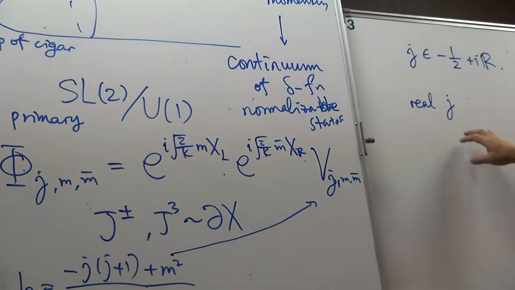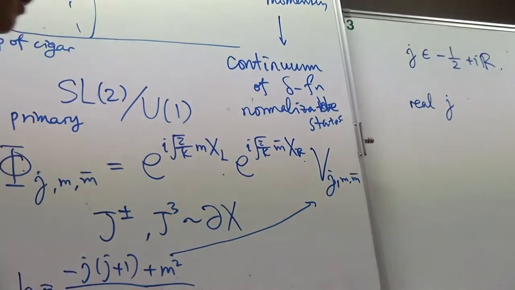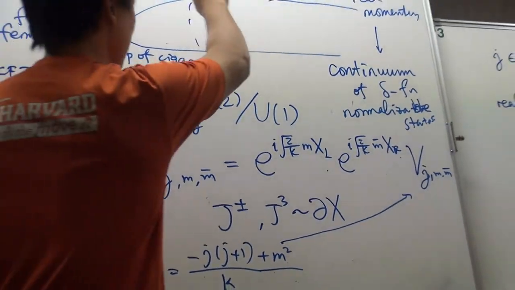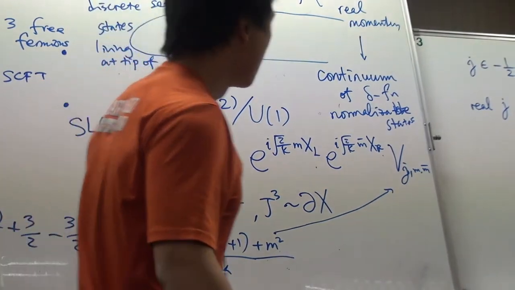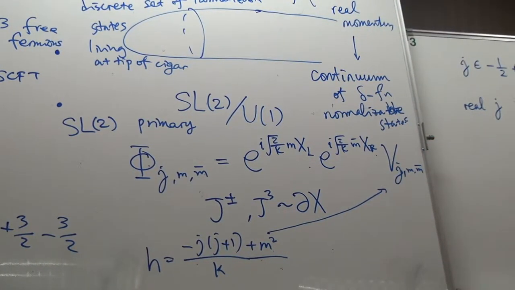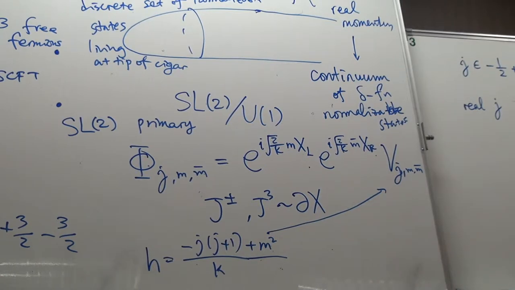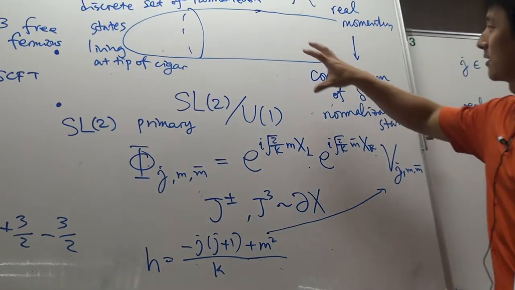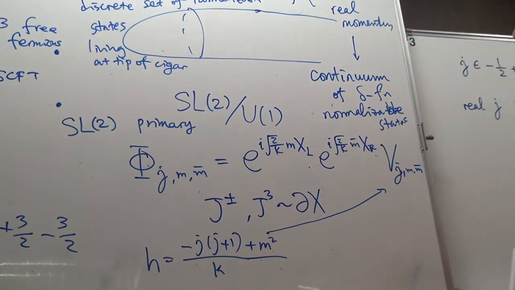But there are some special values of J where, a priori, you expect these vertex operators to be something that's exponentially falling off and exponentially growing. But for some special discrete values of J, the two branches decouple, and you can keep the vertex operator that's exponentially dying off at infinity, so that corresponds to some normalizable vertex operator. Those occur at some discrete values of J.